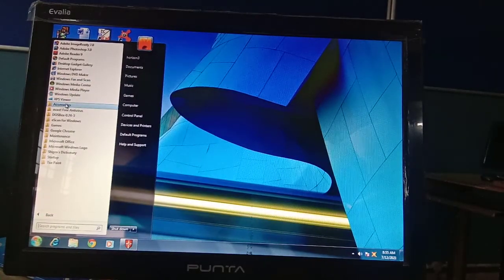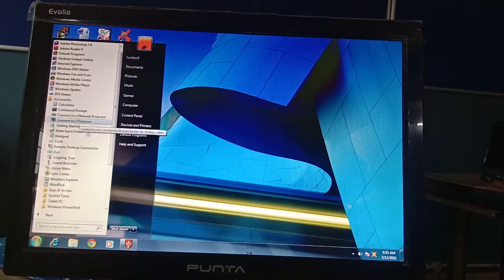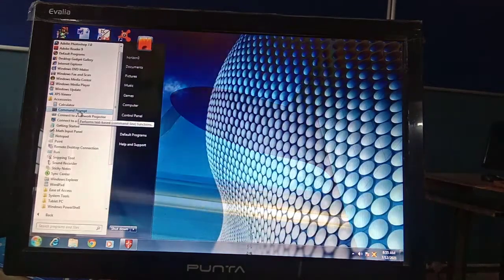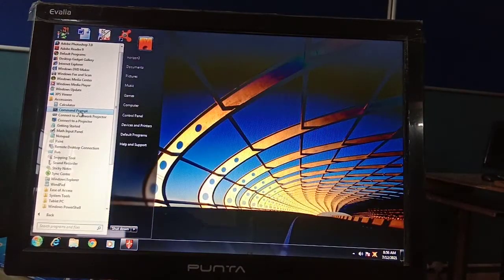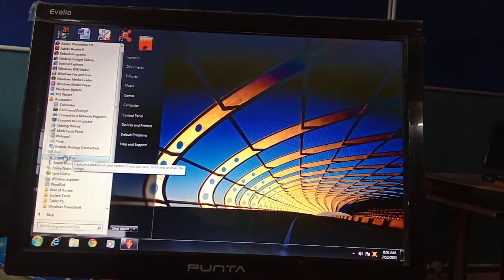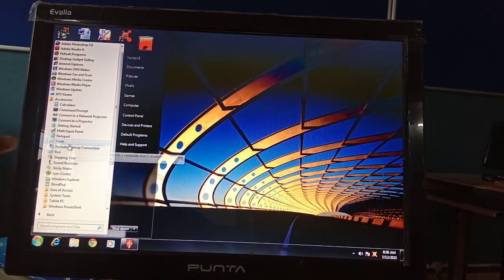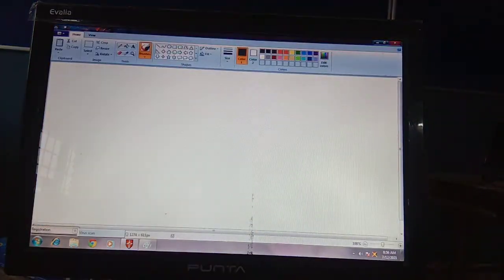As you click on it, all these accessories or utilities will appear in front of you. In these accessories you need to just click on the Paint option. Here is the Paint option. As you click on it, this Paint window will appear in front of you.